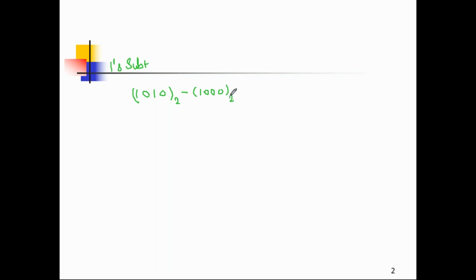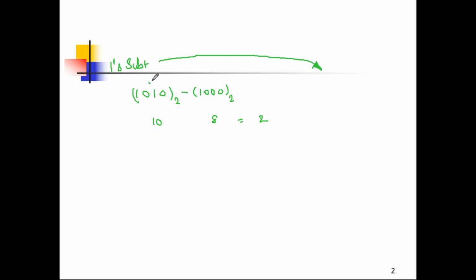So subtract these two. Very simple. What is the equivalent of this? This is 10 in binary, and this is 8 in binary. Therefore, you can directly write the answer as 2. But you should do this calculation using one's complement. In our examination, the question is like this: do the arithmetic using one's complement or two's complement. So you should follow this procedure. So please listen. What is the first step?